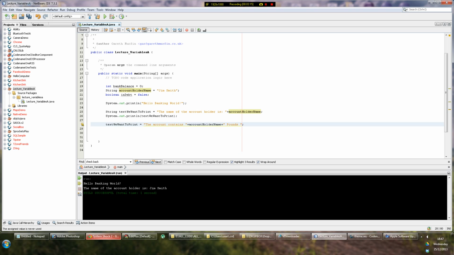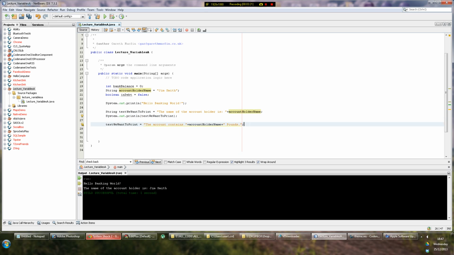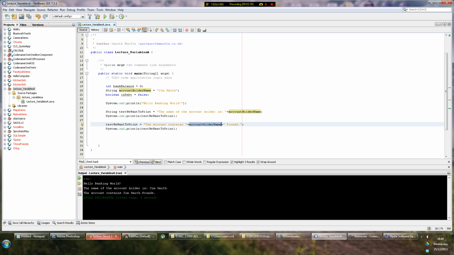So now you've set that up, you want to print it. Same identical thing as before, so just copy and paste that command, and when you run it you'll see that it will print the name of the account holder is Jim Smith. The account contains Jim Smith pounds. Well there you go, there's one of the problems of copying and pasting. Obviously I don't want to use the name there, I want to use the balance. So we want the integer bank balance. Put that in, run it,